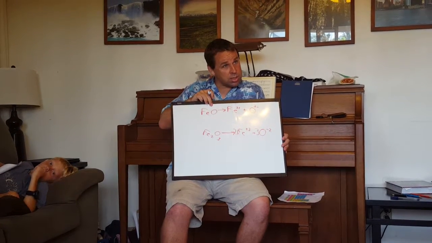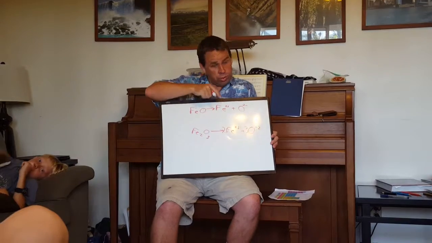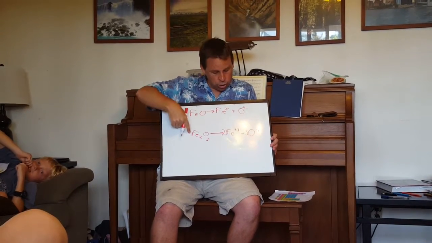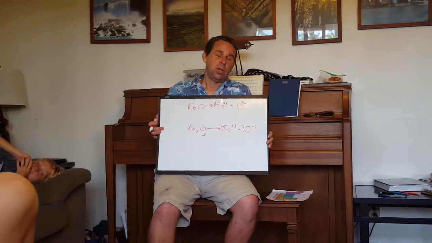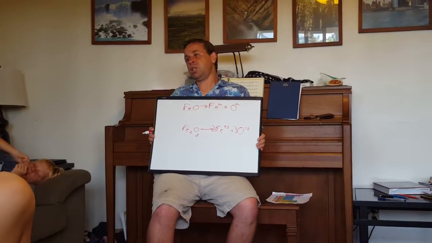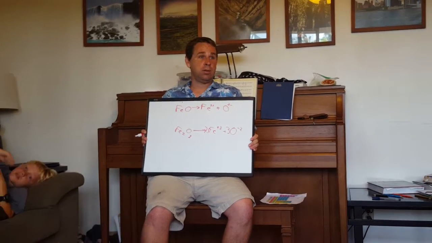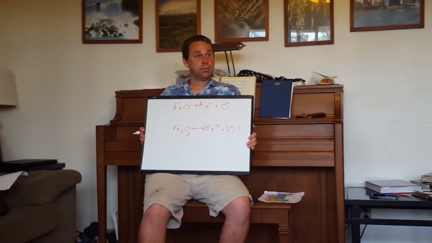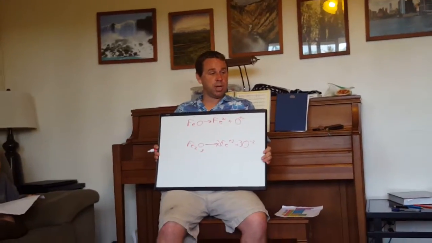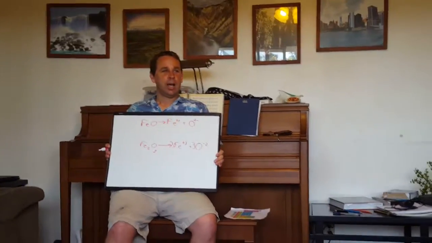We call it iron 2 oxide because the charge of the iron is a +2. But in this compound, the charge of the iron is a +3, so we call it iron 3 oxide. So my wife came home yesterday and she said, I bought you some iron 2 oxide. Then what do you think I said? What do you say when somebody buys you something? Thank you. All right, very good.